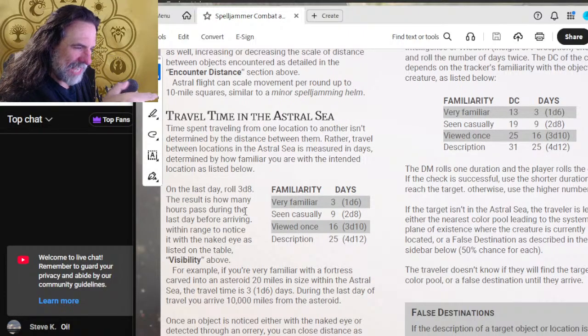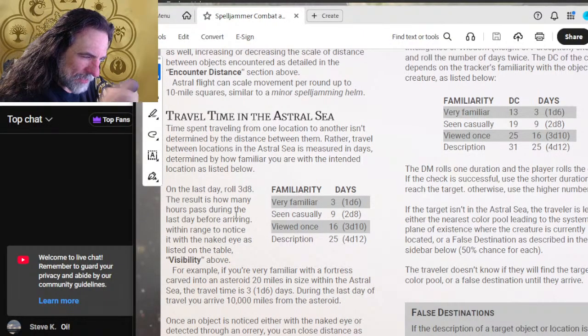On the last day, roll 3D8. The result is how many hours pass during the last day before arriving within range to notice it with the naked eye, as detailed